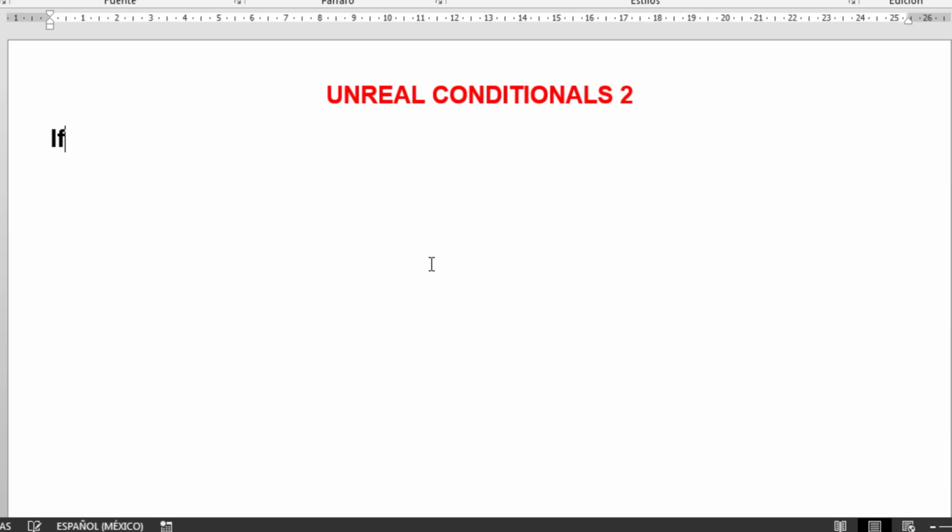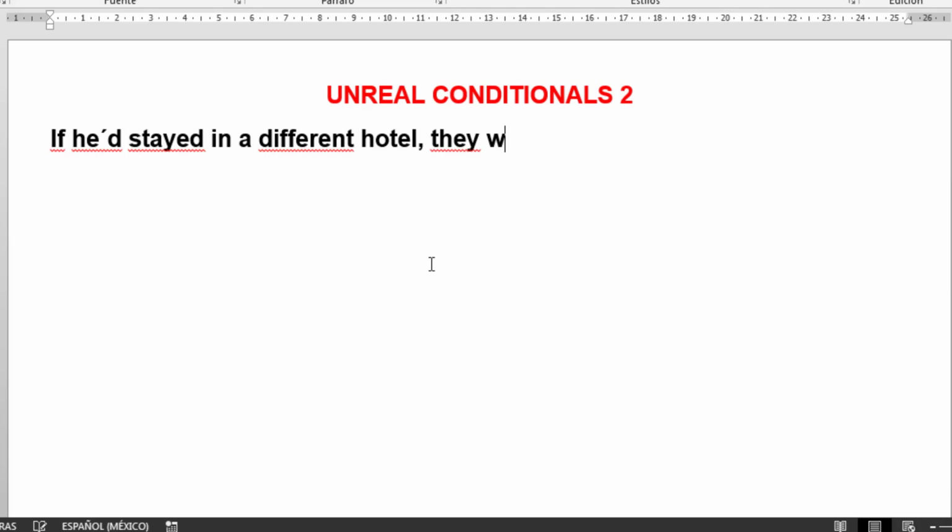My example is, if he'd stay in a different hotel, they wouldn't have met. This is the structure we know according to the examples that we saw recently, but let's do it a bit formal. And this is changing the position of the auxiliary verb for the past perfect structure and